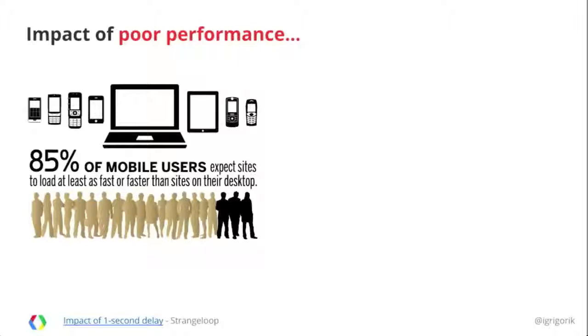Not surprisingly, a lot of users expect that mobile should be no slower than desktop. Why should it be? After all, if I'm on the go, usually that means I only have a couple of seconds, I'm standing in line, I want the answer quick. If anything, the web should function even